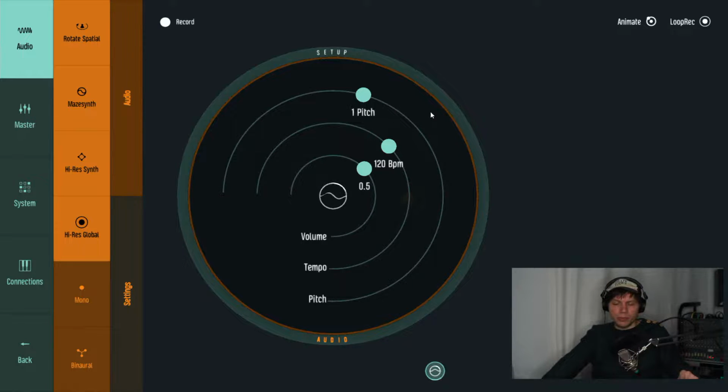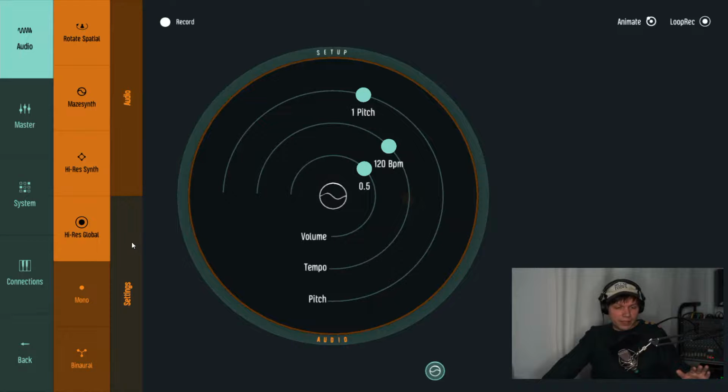So when you make a pattern, you can change the pitch within the audio setup. And these three values will be saved pattern-wise. This means when you change the BPM in one pattern, it will not affect the other